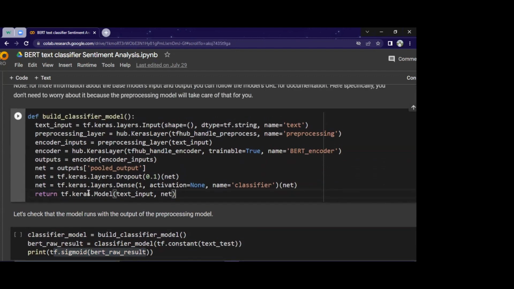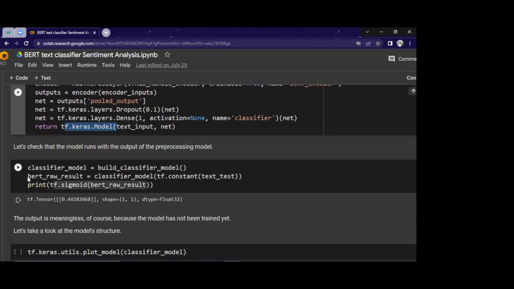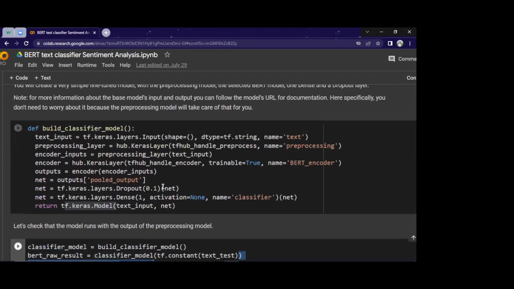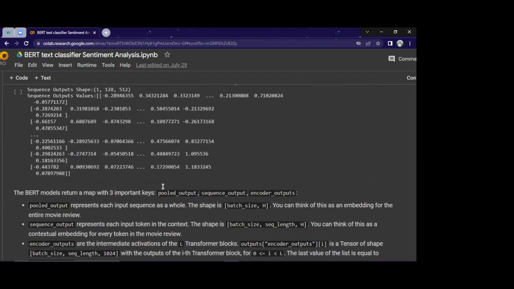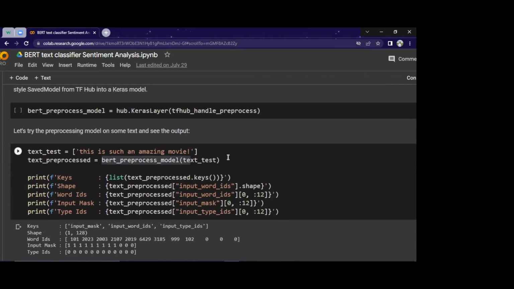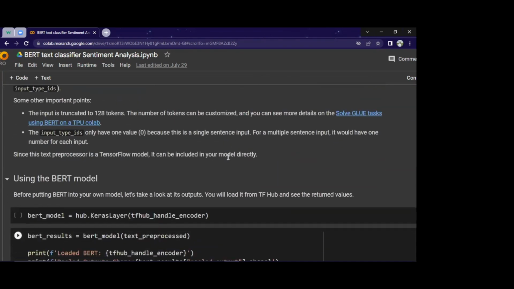So finally, we call this model. It is equivalent to calling .compile, so we get the model object. We call the function we have declared here to actually get our model. So this classifier model is our model, and we pass our text, the testing text we have seen earlier: this is such an amazing movie. We pass this text to our model,